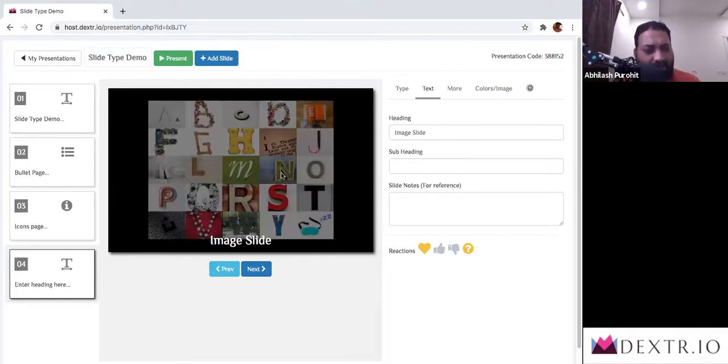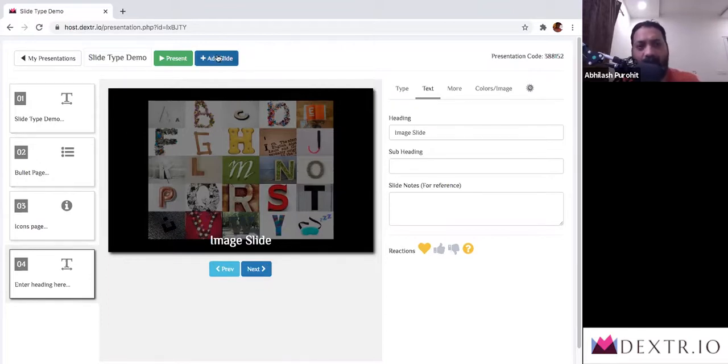The other good thing that happens with an image type slide is that it is visible on your audience's phone as well. So once in a while, if you want to show a high quality image to your participants and the internet connection on the shared screen is not that great, then showing this image on their mobile device as participant is going to make them much more appreciate the quality of the image or the concept that you're trying to explain. That takes care of the image slide.